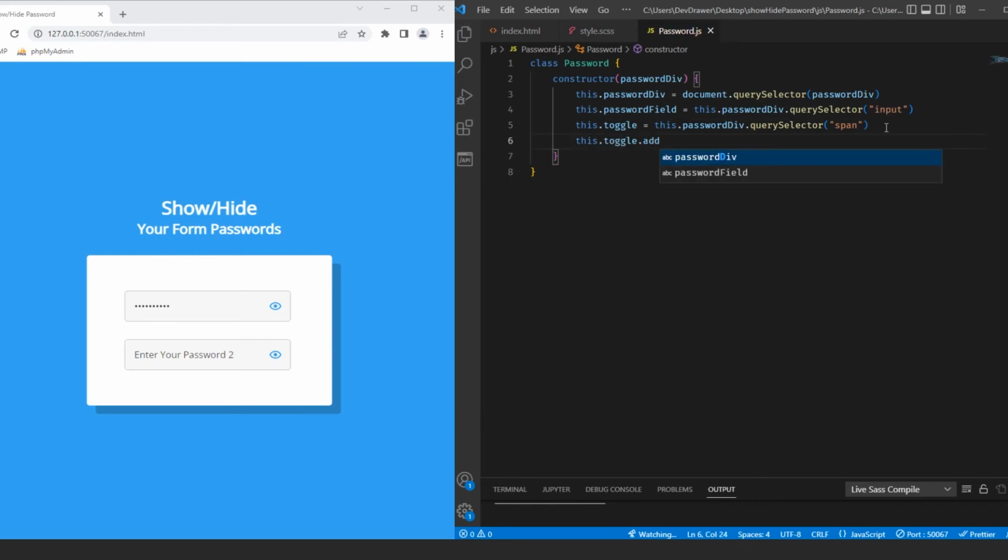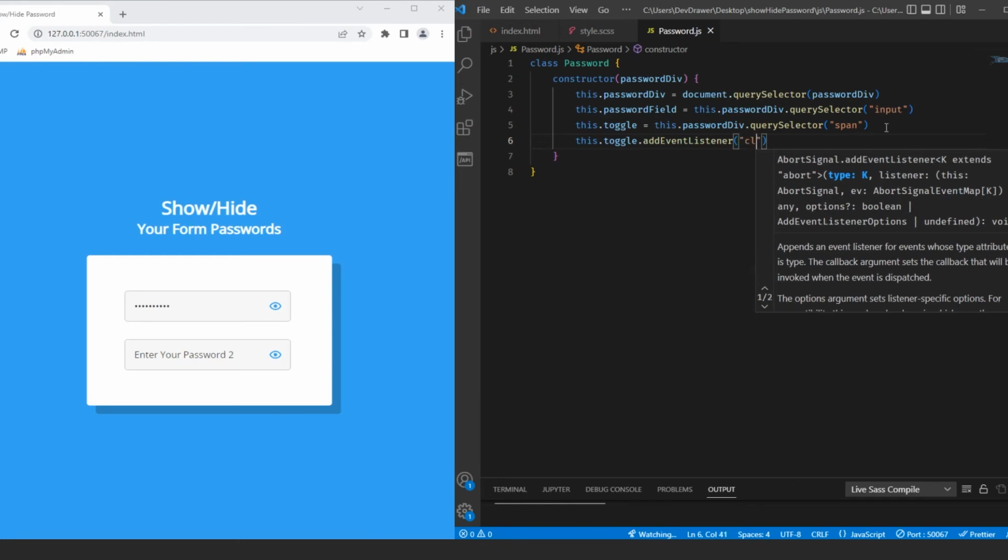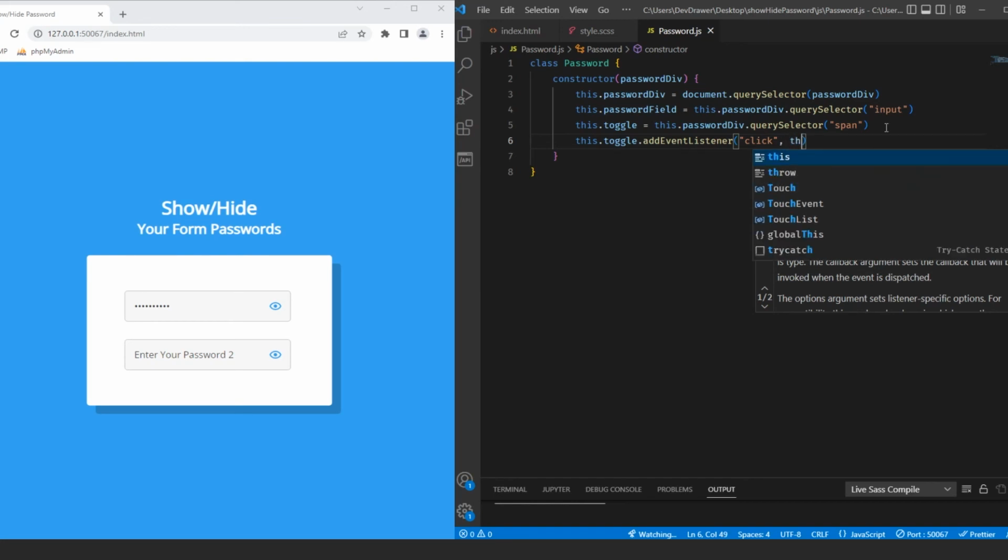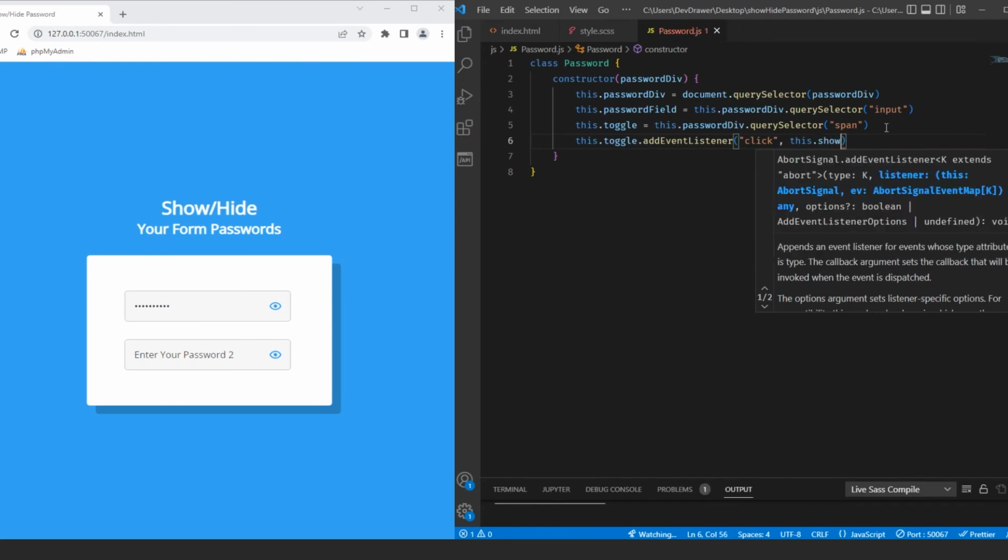dot add event listener, and it's going to be a click event, and then we're going to run a function. Let's just call it show hide. So this show hide,